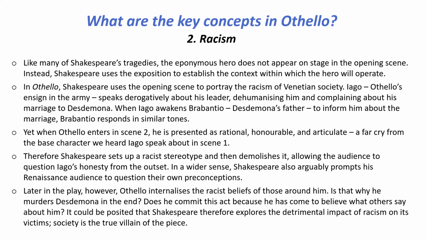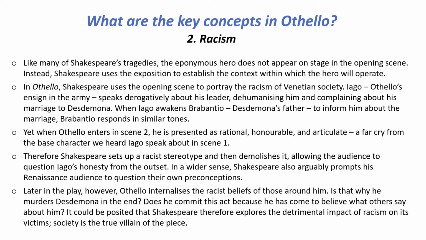And possibly, here's a spoiler, we could ask, is that why he murders Desdemona in the end? Does he commit this act because he's come to believe what others say about him? And so if we go along that line of discussion, it could be posited that Shakespeare is exploring the detrimental impact of racism on its victims. And so society is the true villain of the piece, and Iago is the mouthpiece of society in voicing those